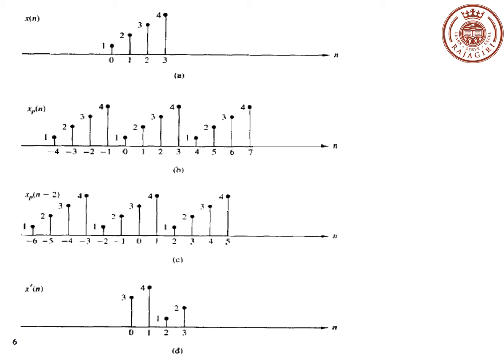shift of 2 units. So normal time shifting would be, if it is delayed by 2 units, it would have started from 2, okay, and then 2, 3, 4, 5 and so on. Here the values at 0 and 1 are going to be 0. So here what we can see is, it's delayed by 2 units means the one which starts at 0 is going to be at 2, the one which starts at 1 is going to be at 3, and the one which is at 2 will shift to 0. So it's constrained within these 4 samples and it shifts and comes back to that position. Maybe you'll understand it better when you look at this.